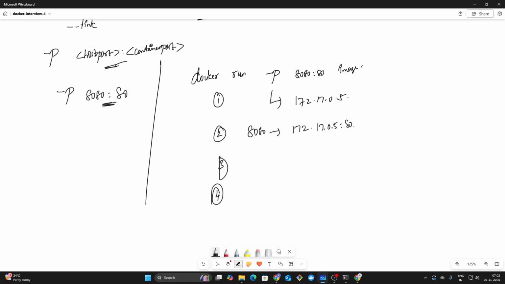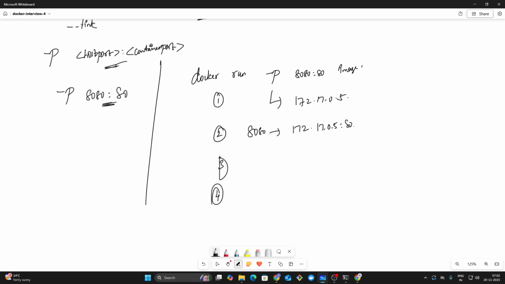So how to answer this? -p 8080:80 creates iptables NAT rules. Traffic to host port 8080 is forwarded to container port 80. How it works: it creates iptables NAT rules, so Docker handles DNAT and SNAT so responses route correctly. On Docker Swarm, there is also a routing mesh which can expose the service across